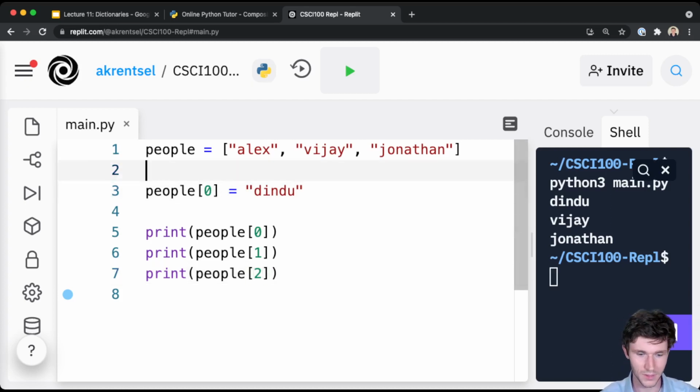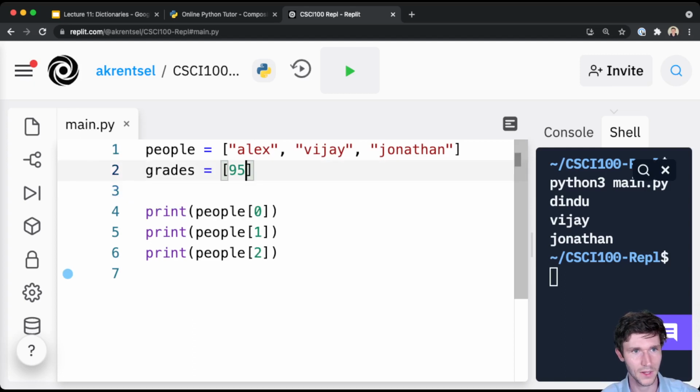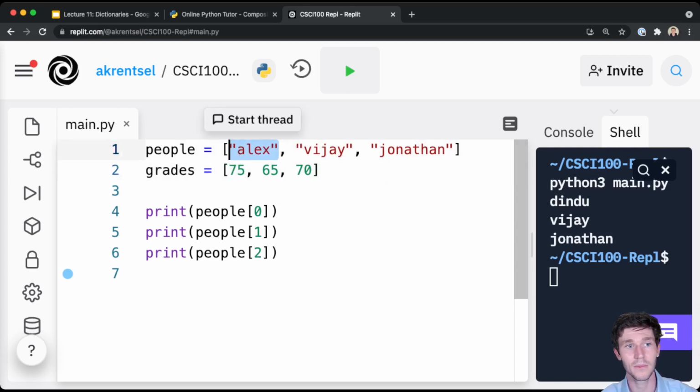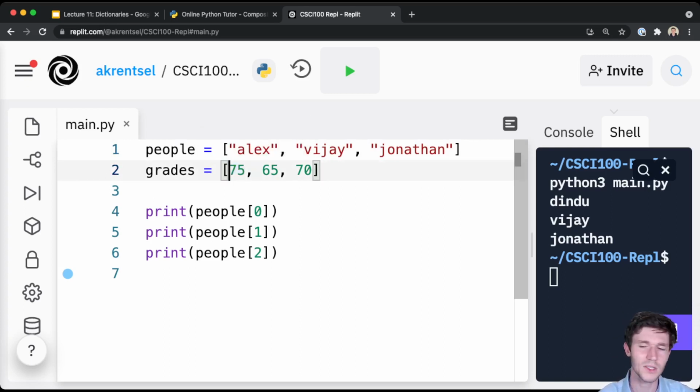For example, here, if I wanted to use just lists to represent grades, let's say that my grade here, Alex 95, Vijay 65, Jonathan 70. I'll lower it down to 75. You could remember that index 0 is the name, and the corresponding index in the grades list is the person's grade. But this gets really tough to use because then, if you want to add someone else here,